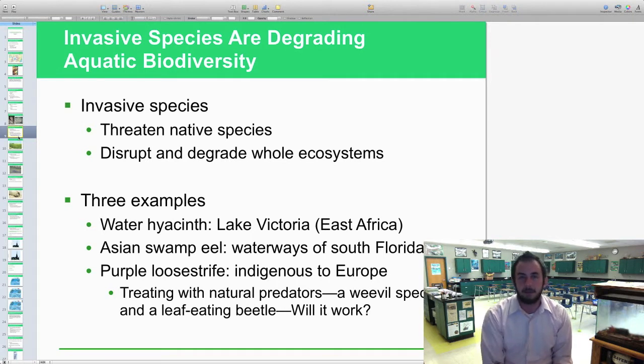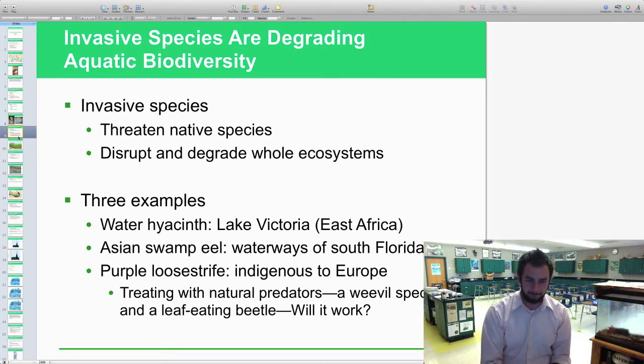A couple examples the book likes to talk about, especially on the aquatic side, are the water hyacinth, which is in Lake Victoria. That's another one which also was tampered with in Lake Victoria. The Asian swamp eel, which is really taking over the waters of South Florida. Purple loosestrife, that's a huge one in Michigan. We've had it, especially that inhabits wetlands. It's indigenous to Europe, but brought over because it looked pretty in people's ponds in their backyards, and it spread